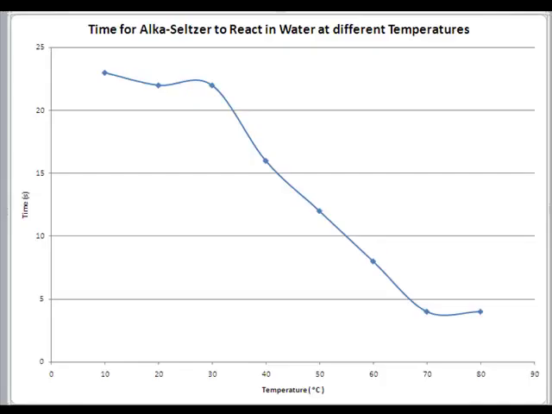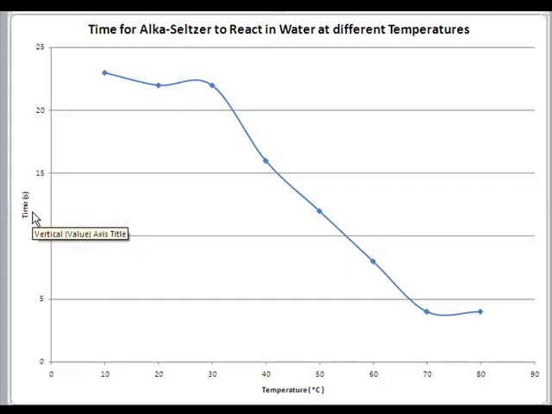So let's say we have our graph of our lab data in front of us, and in our experiment we took Alka-Seltzer and dropped it in glasses of water with the water at different temperatures. Temperature is down here on the x-axis, so that was our independent variable. It's a factor we're trying to see if it has an effect. We want to see if it has an effect on the amount of time it takes for the Alka-Seltzer to